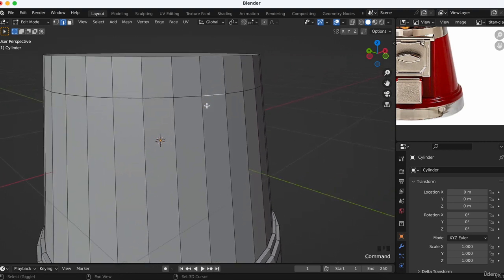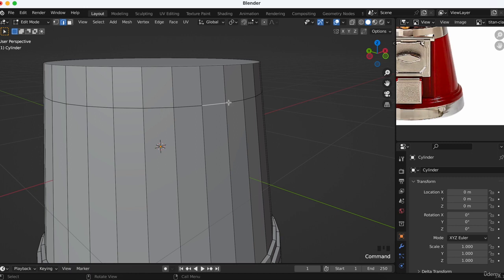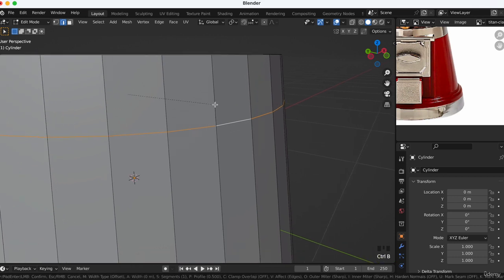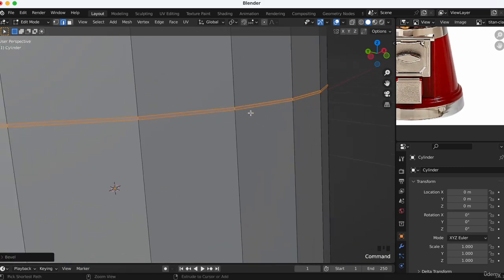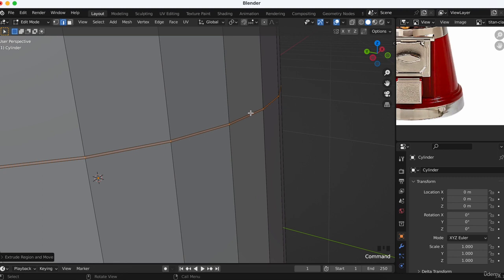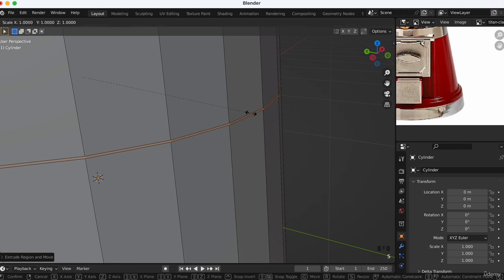So we get this edge, Alt click to get all around, and then Control B to make a bevel, Shift to make it really small like this, and then E, exit, and S to scale, and Shift Z like this